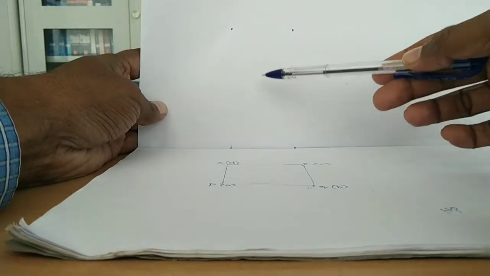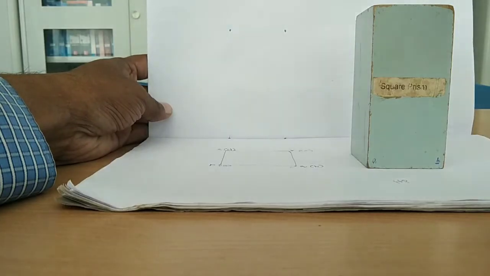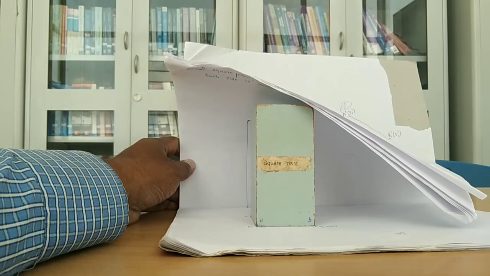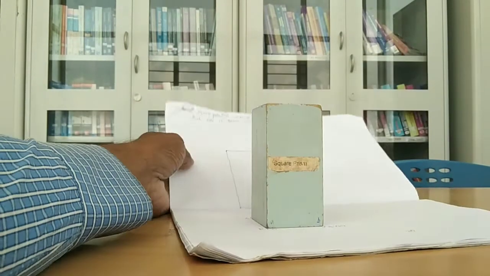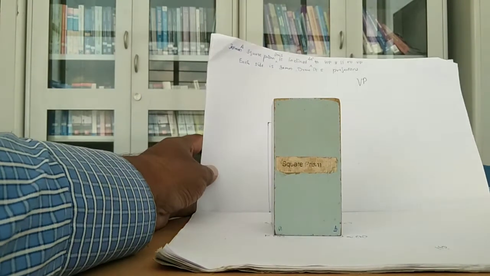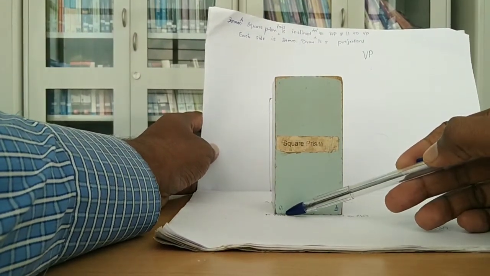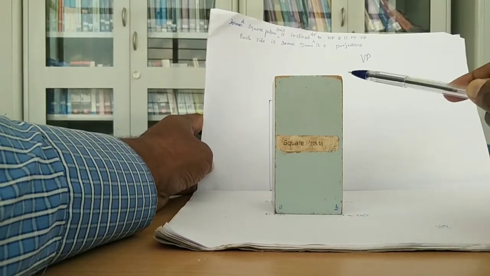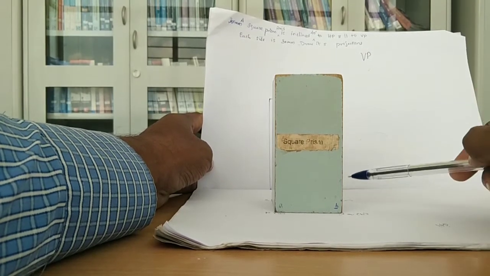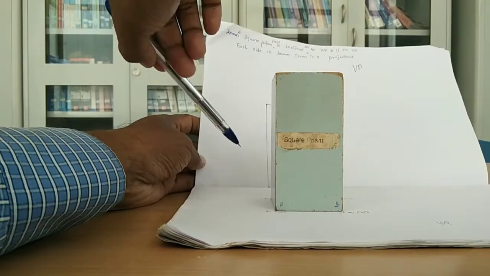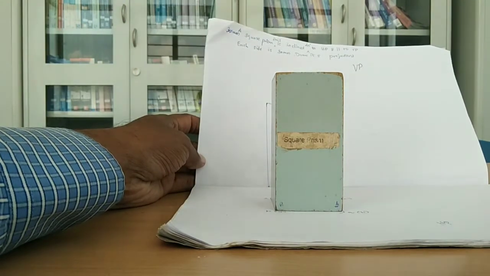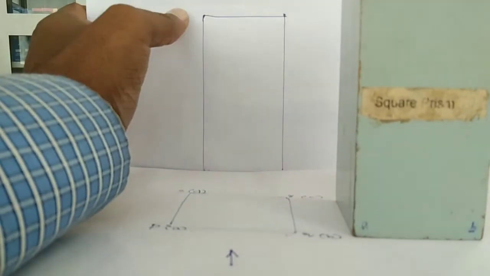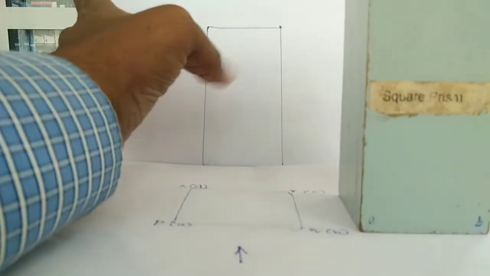The meeting points are obtained in the vertical plane, and after you join all the meeting points you get a rectangle, which is the front view of this object. Here A, B and the top side PQ are seen when you view from the front. Visible and not visible corners you have to project in the vertical plane and denote with letters.